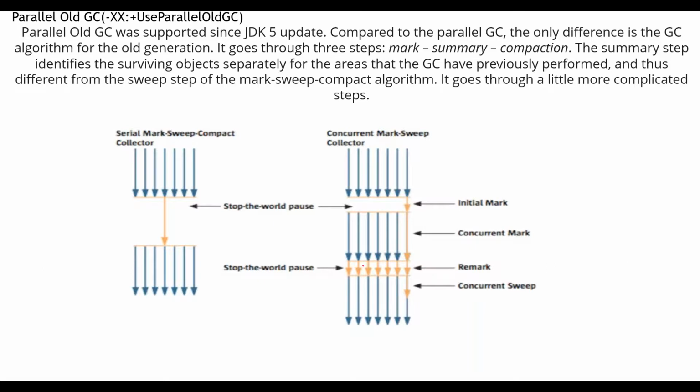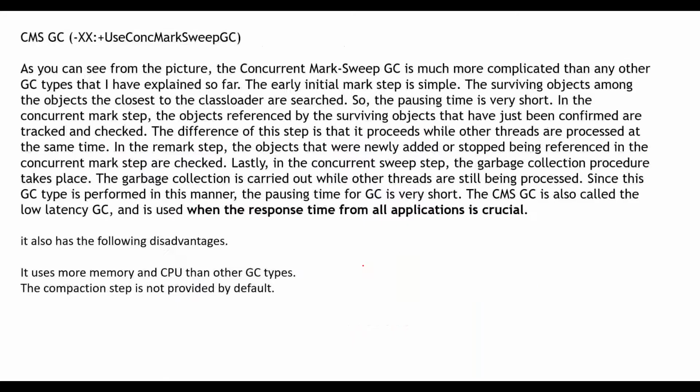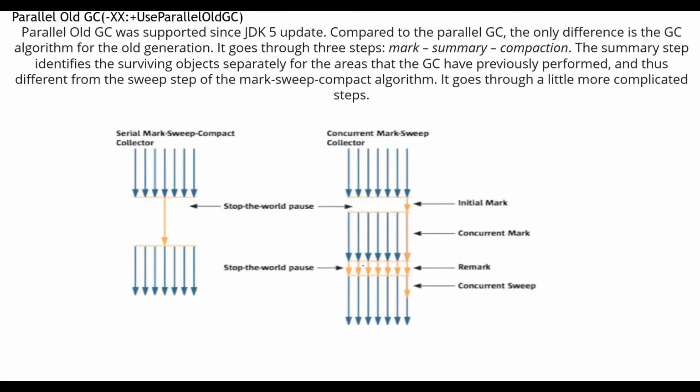So let's understand how the concurrent mark sweep GC works. In the previous picture, you can see the concurrent mark sweep picture. There are four steps basically: initial mark, then concurrent mark, then remark, and then concurrent sweep. So what is the initial mark? As soon as this GC is triggered, a single daemon thread gets triggered and starts the initial marking. The objects which are not reachable, it will start marking.